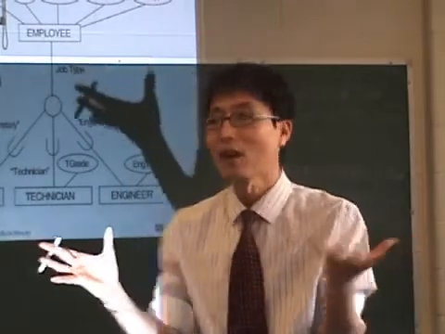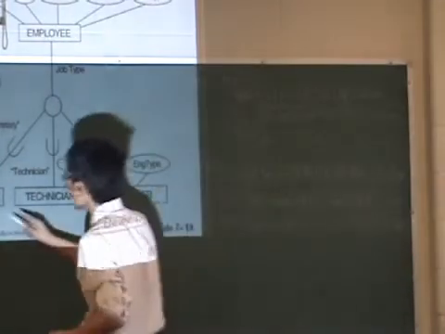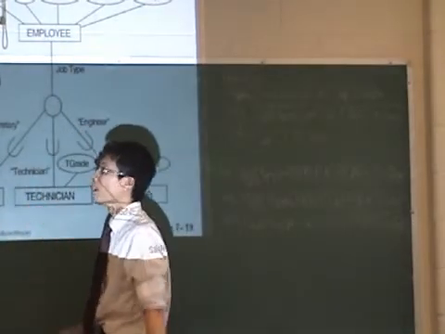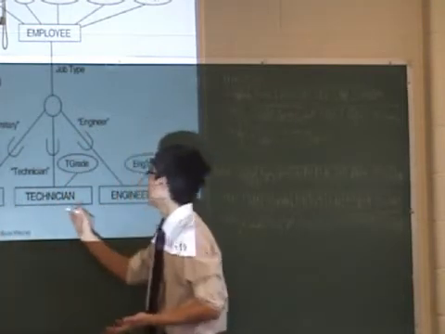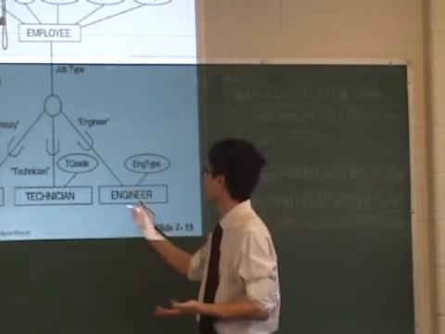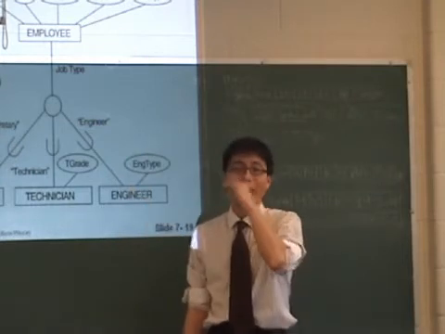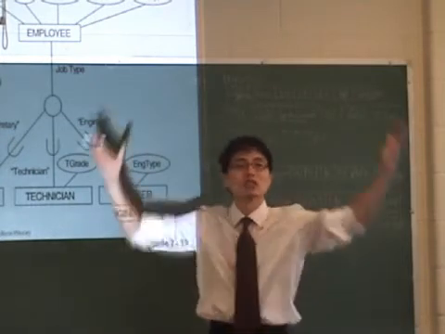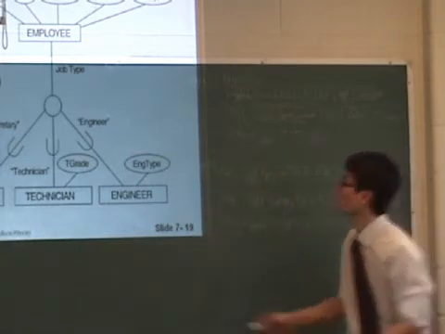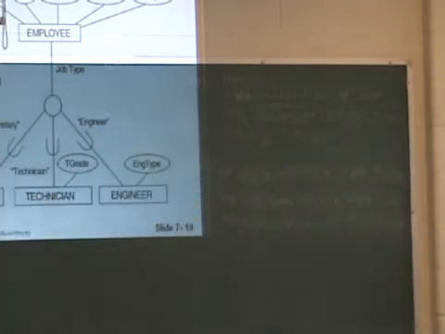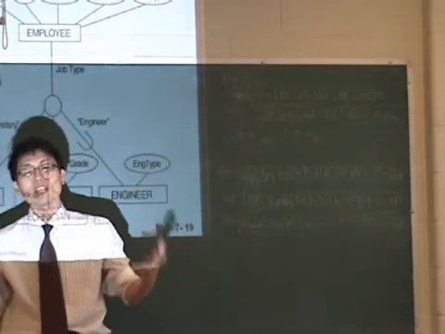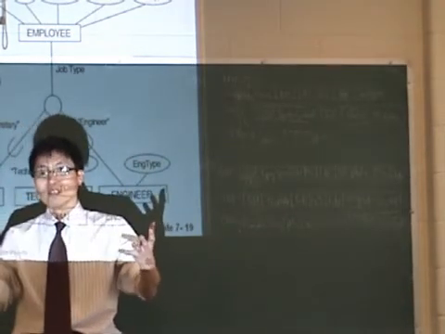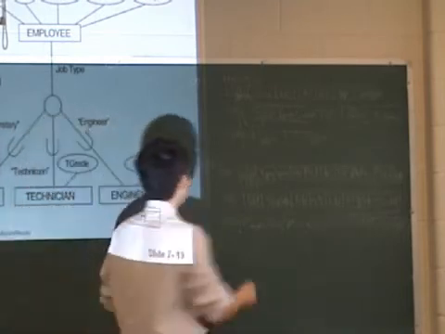Those are enough. However, very rarely, we can access secretary information or technician information or engineer information. So why don't we come up with just one big entity? Because anyway, this is one group of data. That means one relation. So option 3,